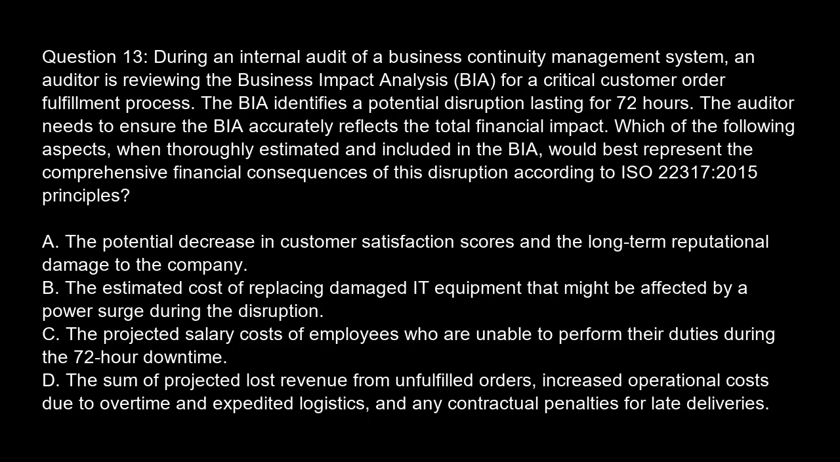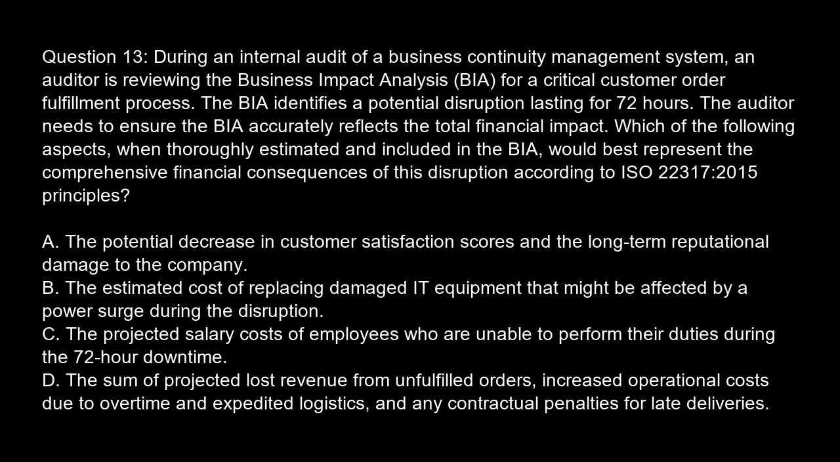Question 13. During an internal audit of a business continuity management system, an auditor is reviewing the business impact analysis, BIA, for a critical customer order fulfillment process. The BIA identifies a potential disruption lasting for 72 hours. The auditor needs to ensure the BIA accurately reflects the total financial impact. Which of the following aspects, when thoroughly estimated and included in the BIA, best represent the comprehensive financial consequences of this disruption according to ISO